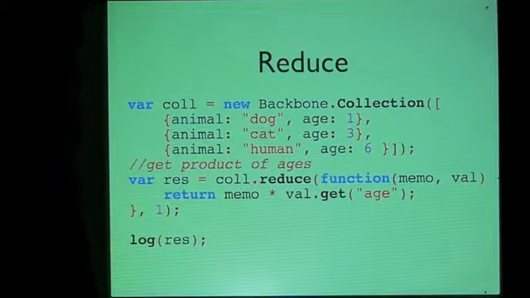Here's reduce. You can use reduce when you have lists of something and you want to collapse the items in the list and build out a new value from all the items in that list. So here's an example of a reduce. I have this list of dog, cat, human, and I just want the product of all their ages, so I can use a reduce function. I seed my reduction with 1, and then for each iteration of the reduction, I pass in the current product